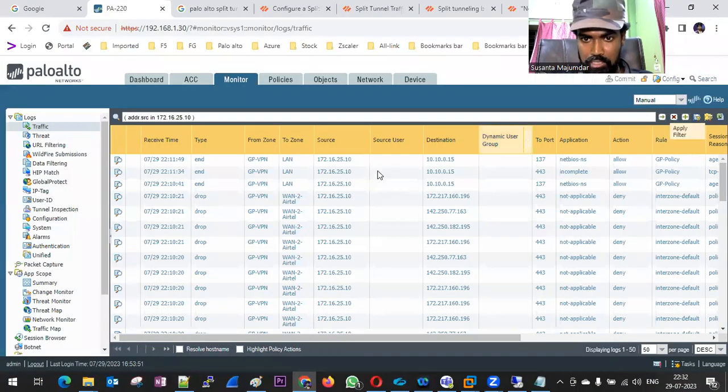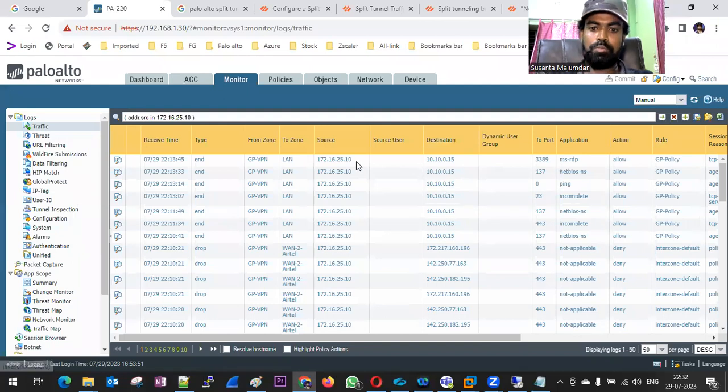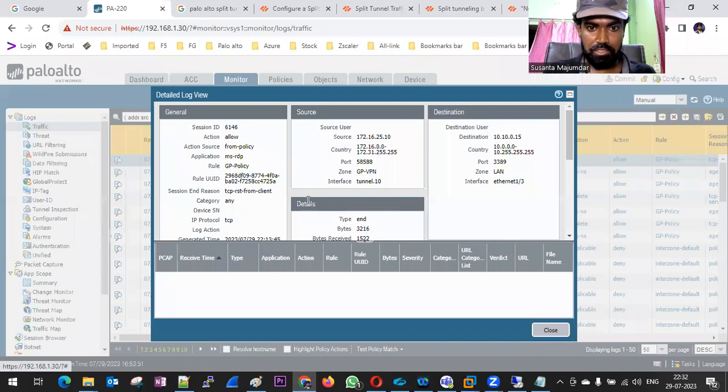Now still you can see only the 10 network IPs. See, there are no public IPs over here. So this is the scenario where you can use your split tunneling. Now internet is going via your local web, and your office network, private to private, is connecting via the tunnel. If you open it, you can see